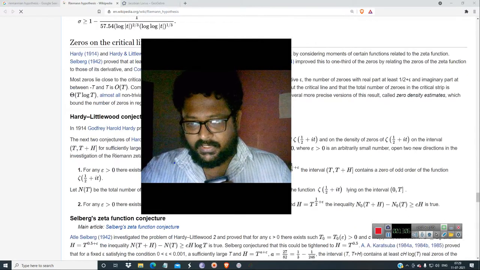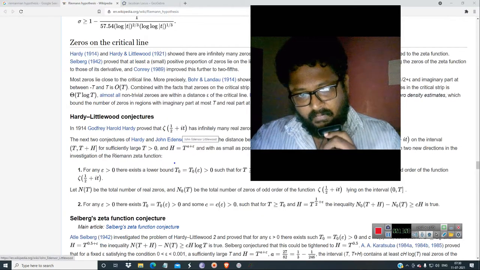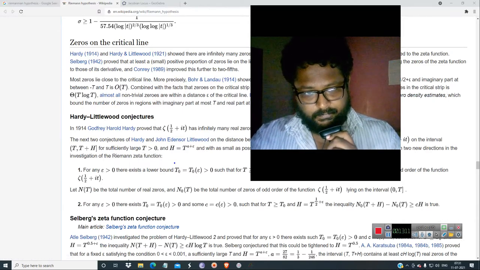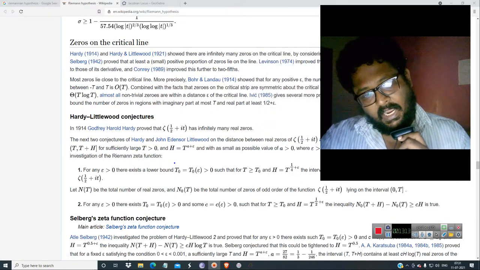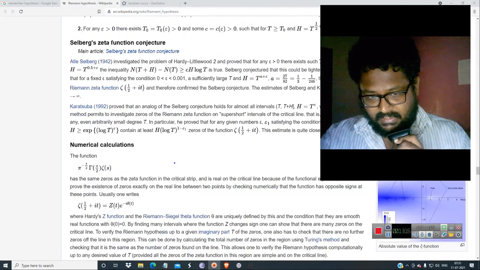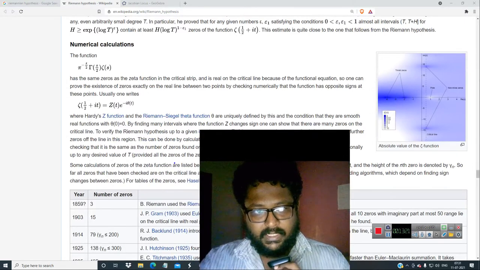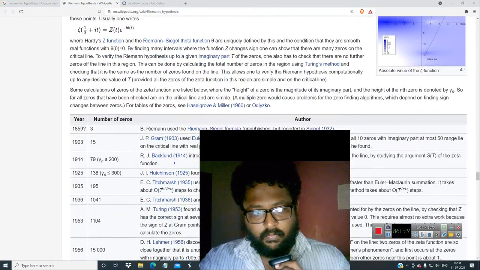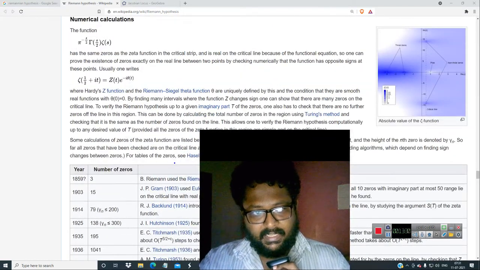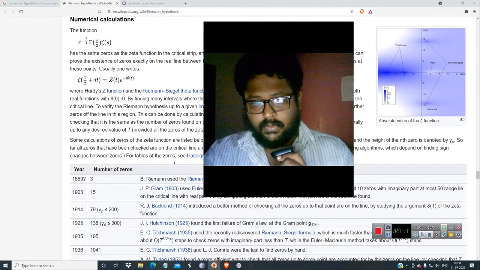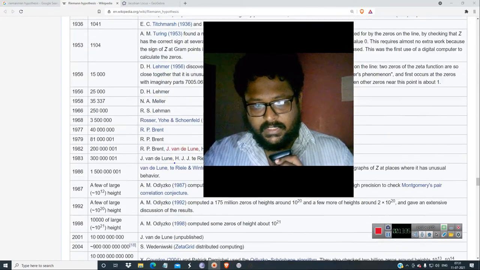Moreover, in order to plot the Riemann zeta function, you can see that half plus i times t is the critical step. The Hardy-Littlewood conjecture and other conjectures have been given, and numerical calculation can also be performed in this manner. These are the things I can tell you so far. Now what we have to do is find the normal details of this function.